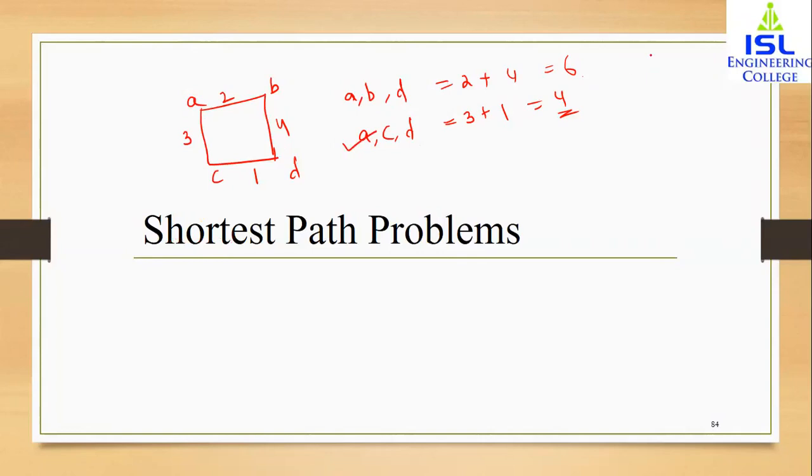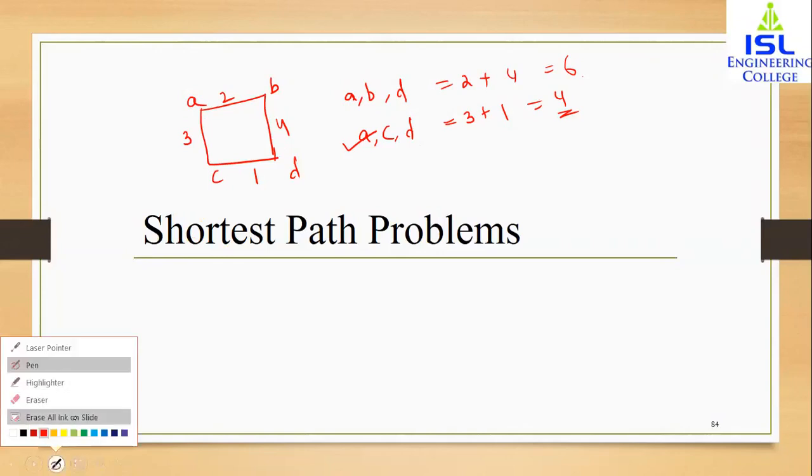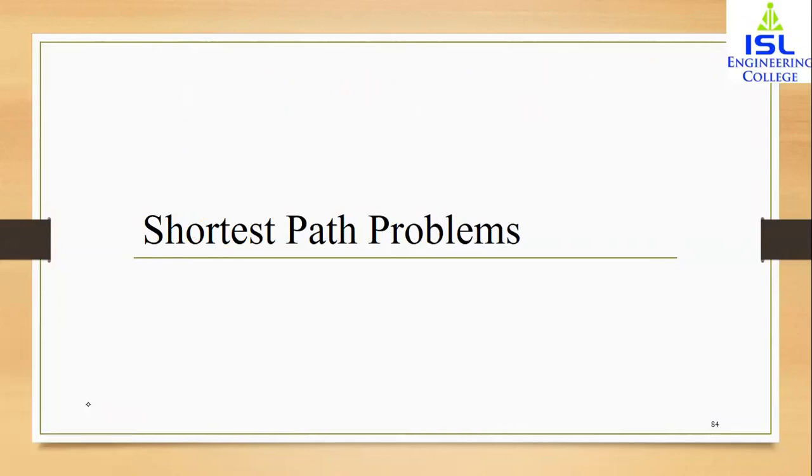This problem has a lot of applications. It is a very famous algorithm that we use. Before that, let me tell you one of the applications of the shortest path problem. The distances that I have mentioned are also known by the term weights. Those distances or numbers I have given on the edges are known as weights. Very important and to be remembered: weights are assigned to the edge.